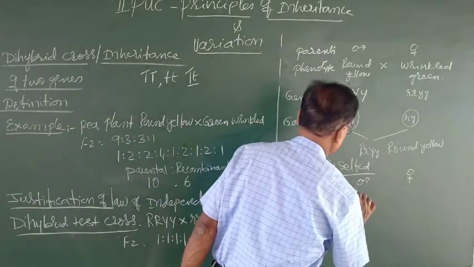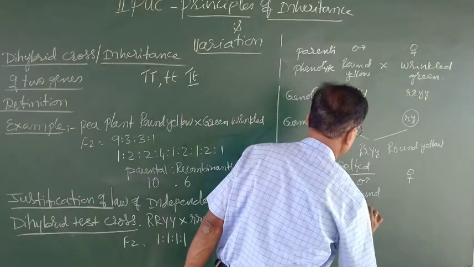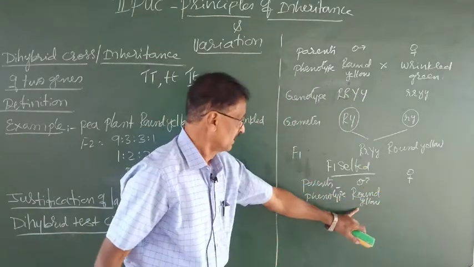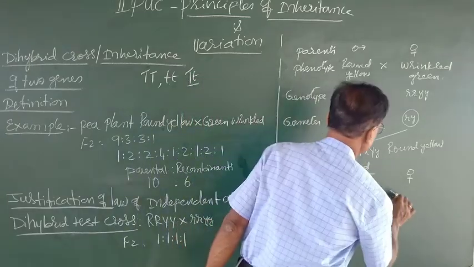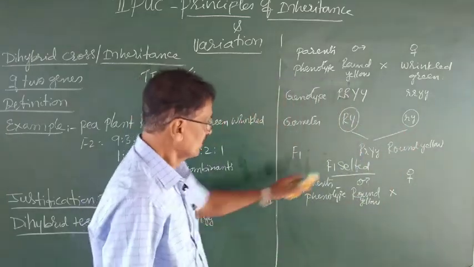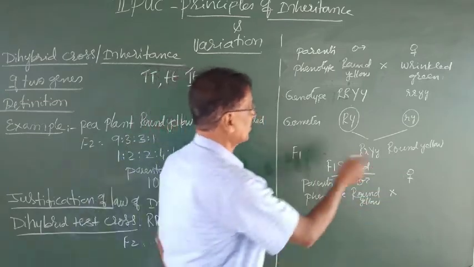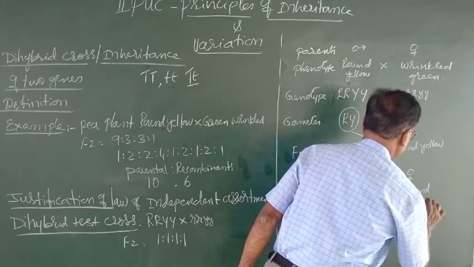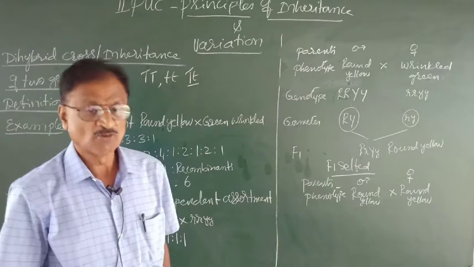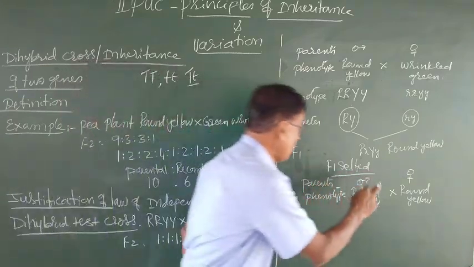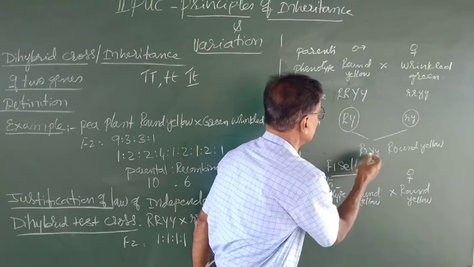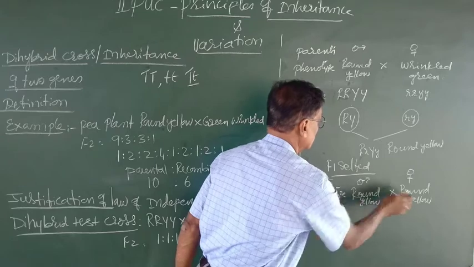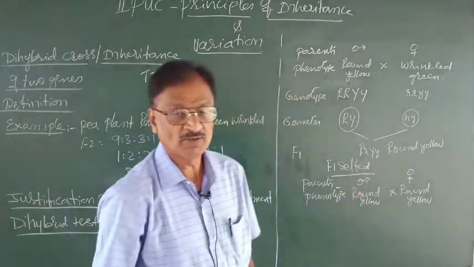It is nothing but heterozygous, round, yellow. Observe what we have taken here, F1 plant, and hence it should be a heterozygous plant. F1 selfed, in the sense you have to write round yellow, because all F1 plants are round yellow. As the result of it, all plants in the F1 are round yellow. Here also we have to take the round yellow, both male and female.